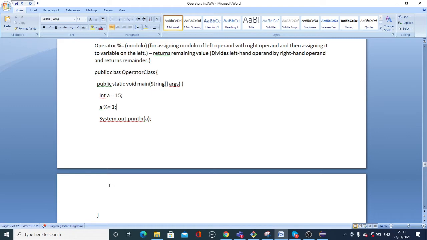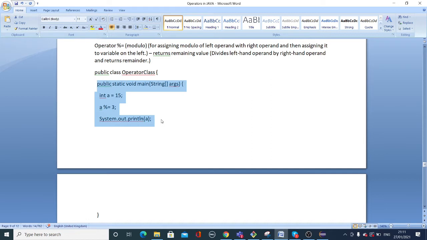Yes. So it divides the left-hand value. Whatever value we give, it will divide by the other value and give you the answer, which is the remainder. So in this example, I have integer A equals 15. I'm storing the assignment value, now A percentage equals 3.